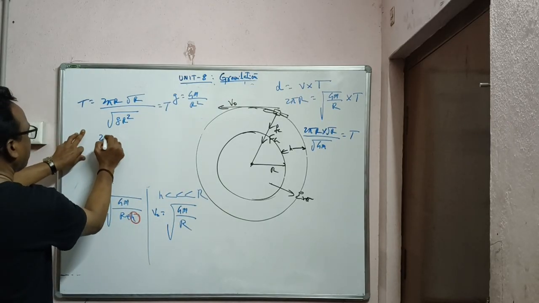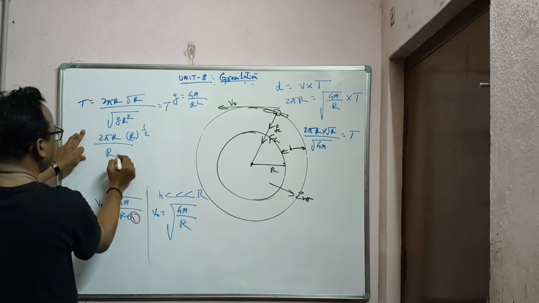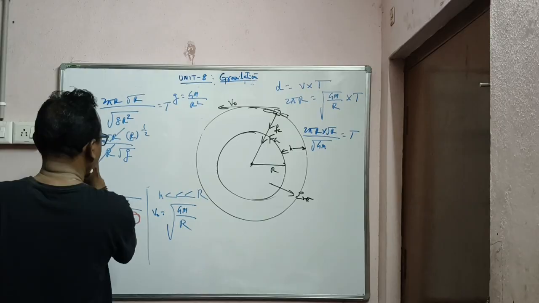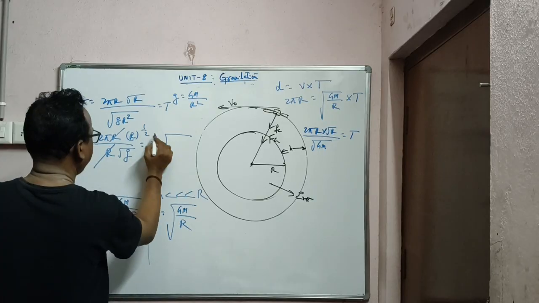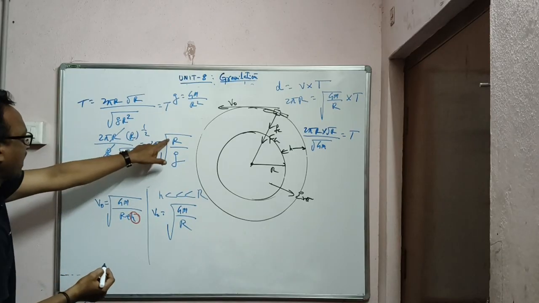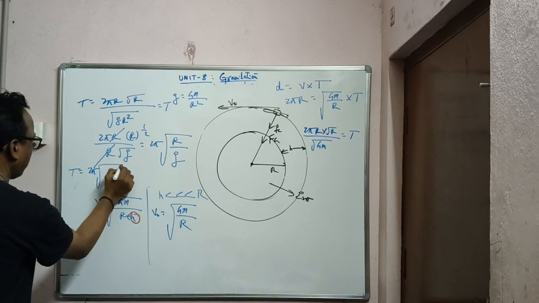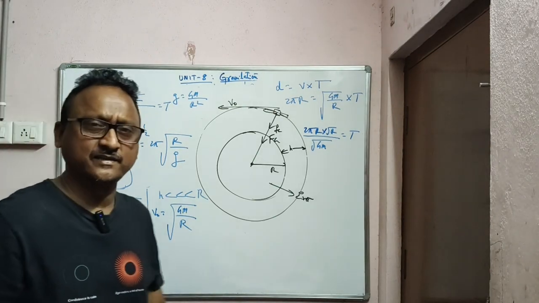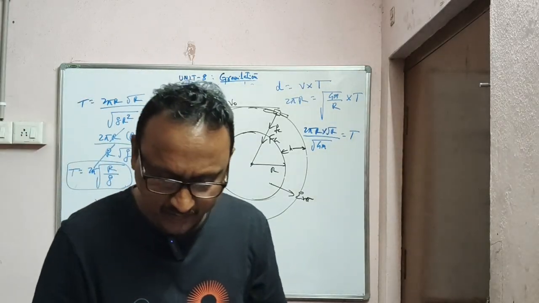So let us take one out. 2 pi R, this is R power half, and one R comes out, root g stays inside, R square, so R. This R gets cancelled. This is nothing but 2 pi into R power half and square root. R gets cancelled, R power half, and root R by g. So therefore time period is given by 2 pi into root over R by g. For a pendulum it would be L by g. This is the radius of the earth R, so R by g. So T is equal to 2 pi root of R by g. g is acceleration due to gravity, R is the radius of the earth.